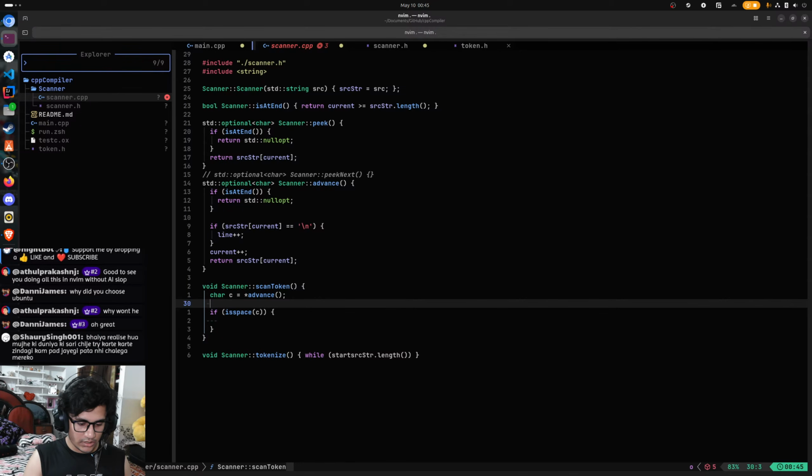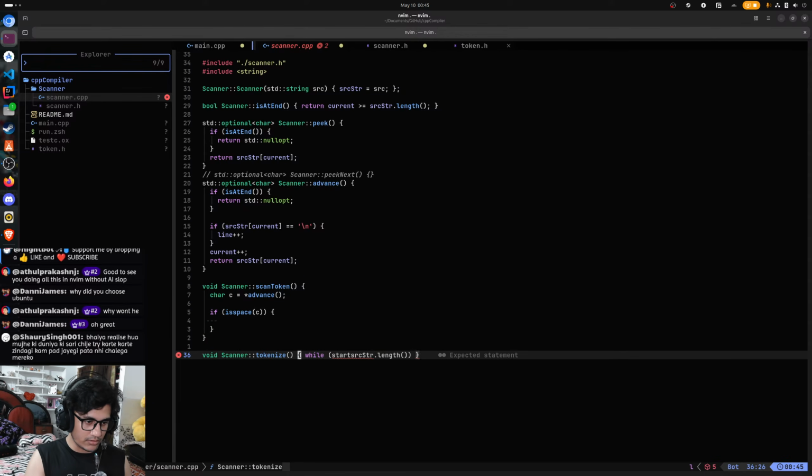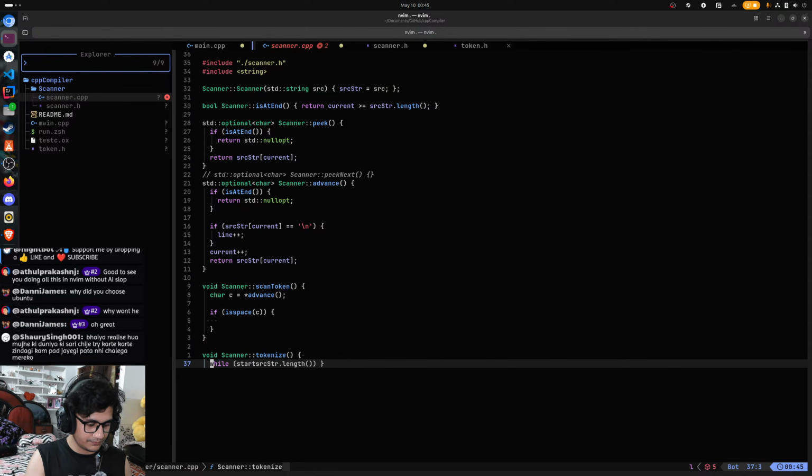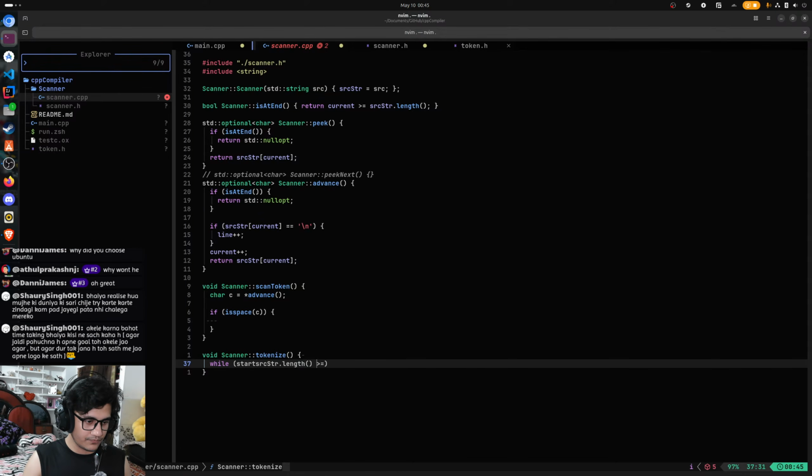तो नहीं यार, एक लूप के अंदर इस फंक्शन को चला सकते हैं. स्कैन टोकन, टोकनाइज के अंदर length if it is greater than or equal to. नहीं, करंट की लेंथ चेक करनी पड़ेगी. While current is greater than or equal to